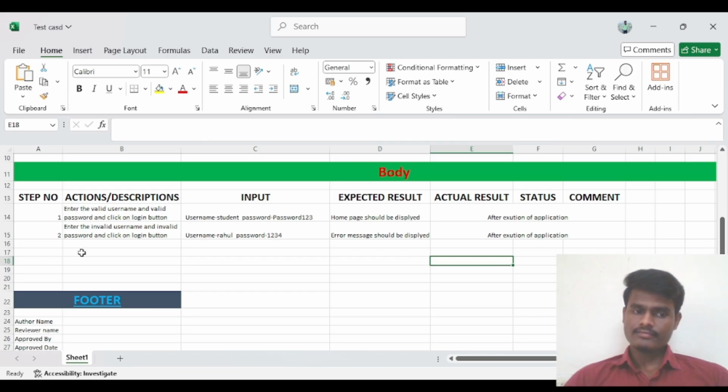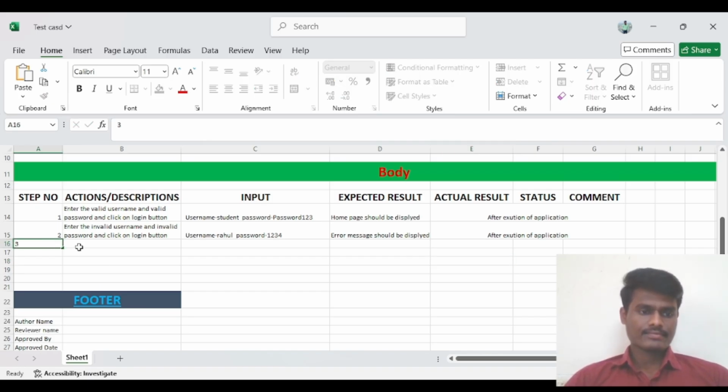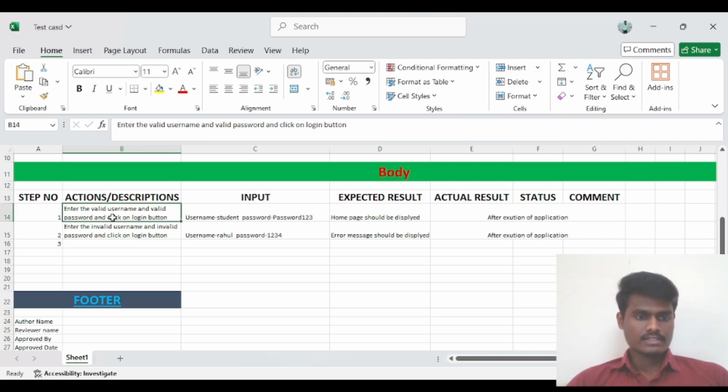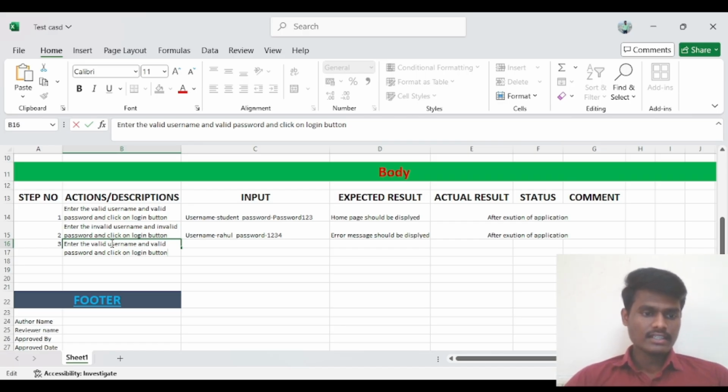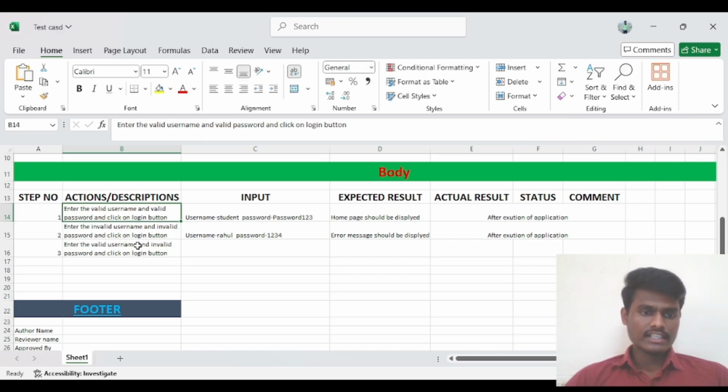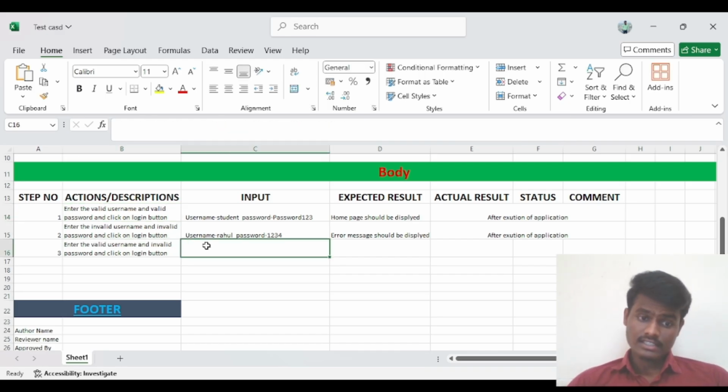And same like that, if you give here also step 3, just copy this one only. If I give a valid username but an invalid password, you will get what?